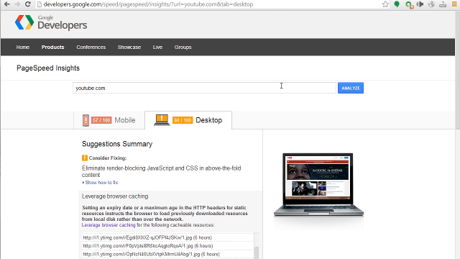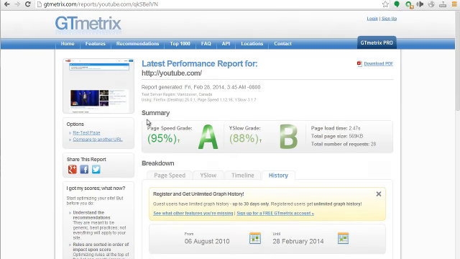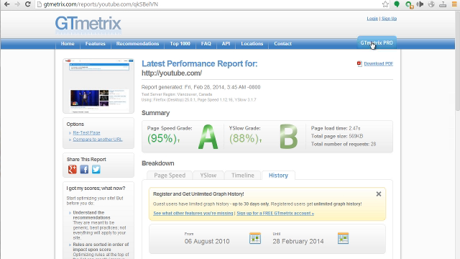What I would recommend you do is after you make tweaks to your page, then I would rerun these scans. I would do test now. I would go back over to here and click on retest page, and I go back over here and analyze it again. Because that way you have a better idea of, okay, did what I just did actually improve the